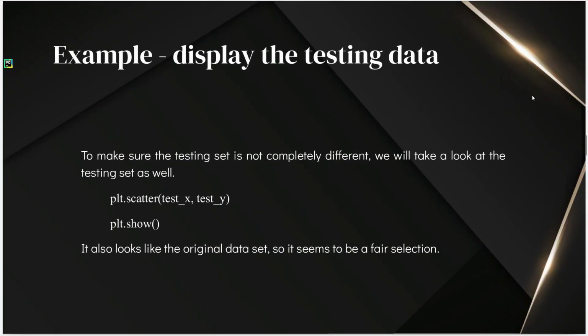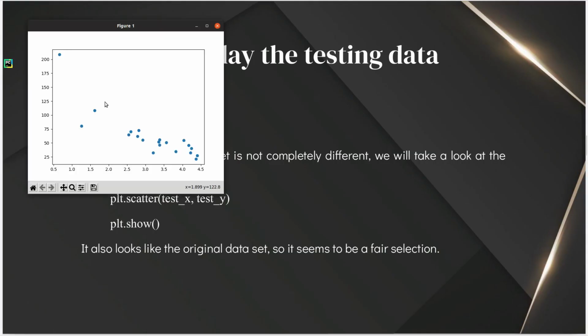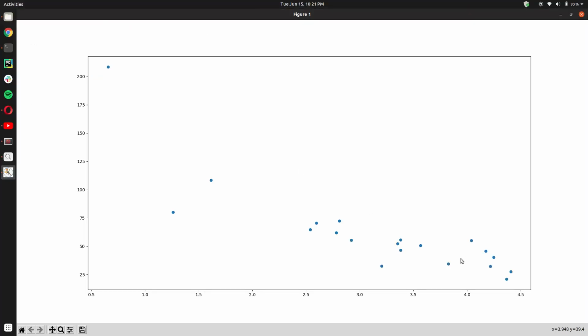Okay, and then we create a scatter plot from the test dataset also, again to verify whether it looks like the original dataset or not. Let us see that. Yeah, and you see that the general distribution is much the same. There are only a few points here, and that is why you are not able to see the complete distribution. But the skeleton of these points shows you that this dataset is also similar to the distribution of the original dataset.